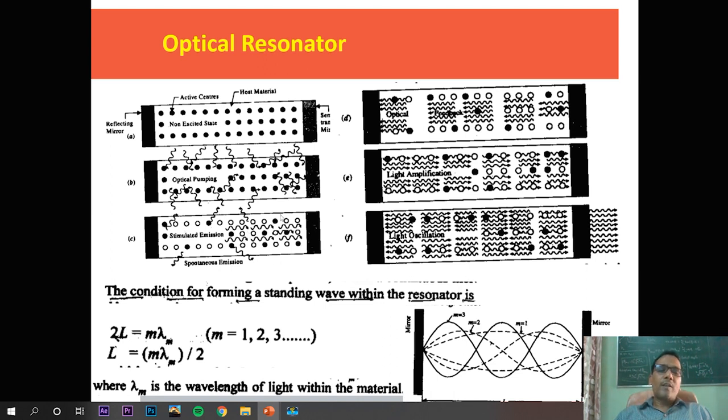So let's see, these photons are now moving along the positive x-axis, and other photons are coming out either along the z-axis or y-axis. There is some probability of photons going outside of the system along the x-axis also, because this is partially polished. But more than 90% of the photons moving along the positive x-axis reflect back to the negative x-axis using this